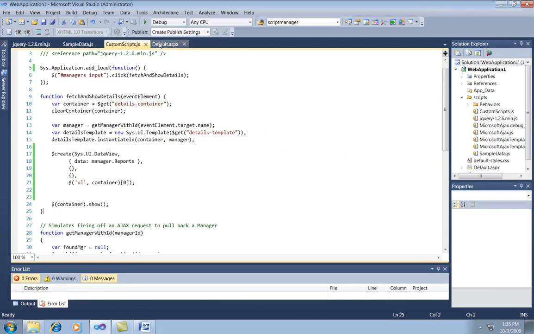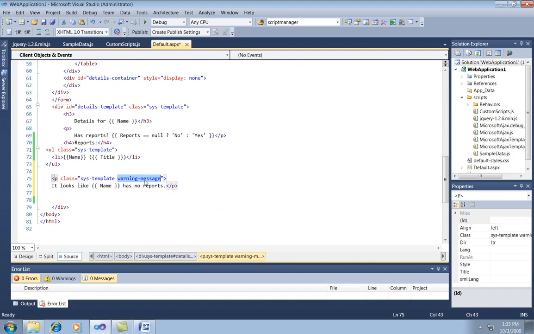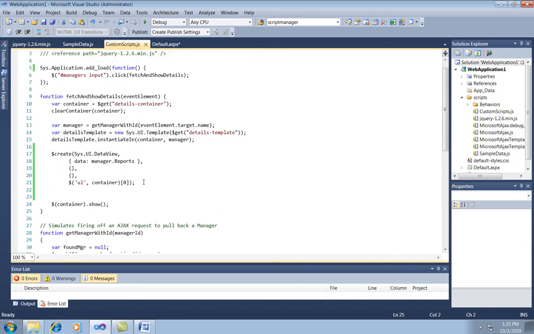First, I'll go back to my page, and I'll add another template that can be displayed if there are no reports. Notice that it's named warning message, and it just says it looks like, and then the name field has no reports. And now I'll go back to my script to add some custom logic, some conditional logic, so it'll display differently depending on whether there are reports or not. And the way I'm going to do that